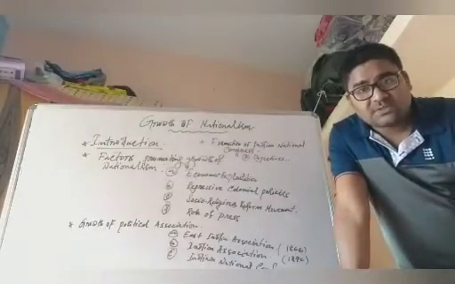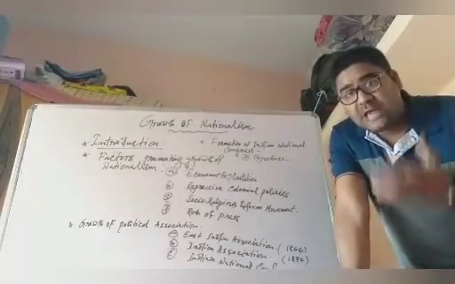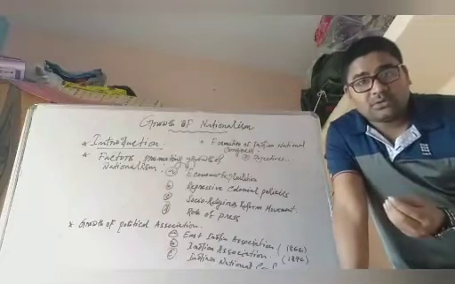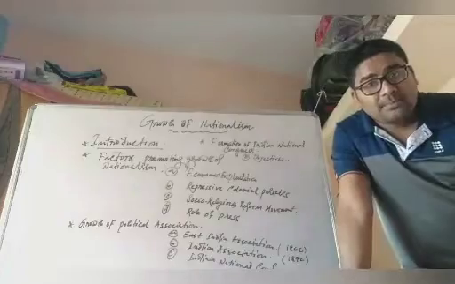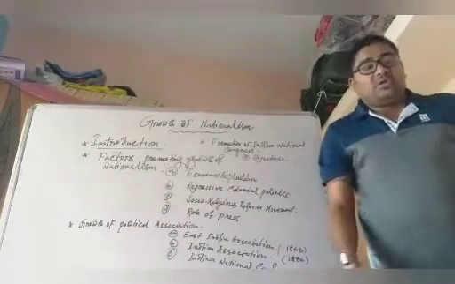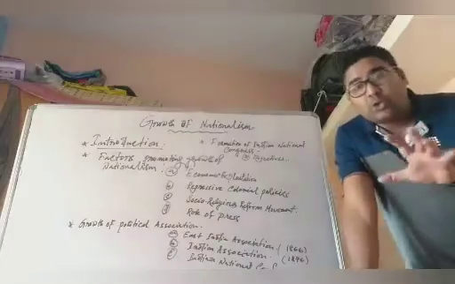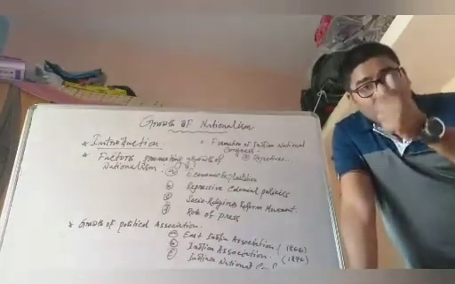Number two, the reformers condemned untouchability and promoted the idea of universal brotherhood, and that brought the lower caste people closer to the upper caste people. Next is number three. The reformers taught people not to ignore the importance of women because they could participate in the national movement.